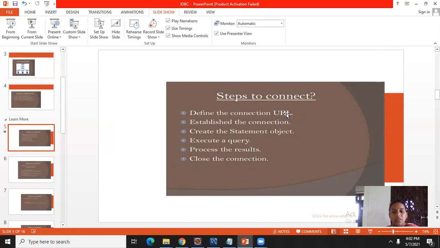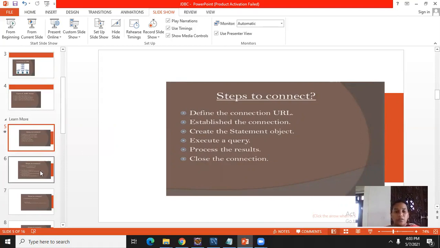After establishing the connection, once the database is connected successfully, I need to prepare statements. With the statements, I execute the queries, process the results, and close the connection. These are the steps we have to follow.